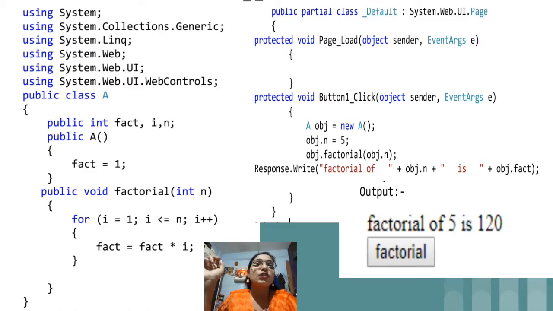We cannot initialize the value of any variable directly inside the class. These 3 variables are part of the class, so we can initialize them only within the constructor, that is public A, and there I have initialized fact equal to 1.